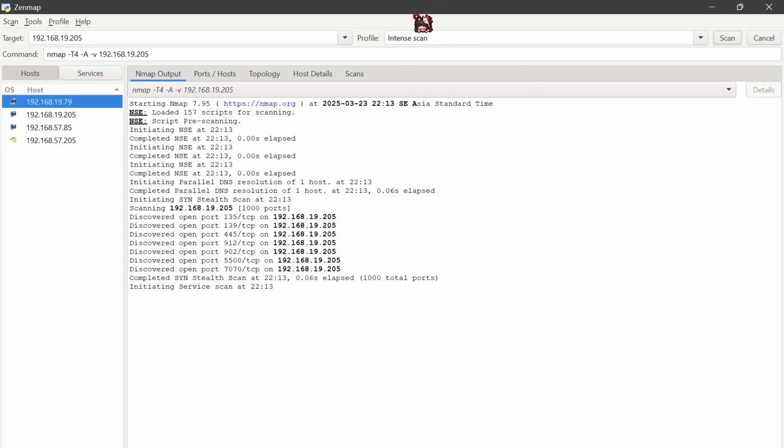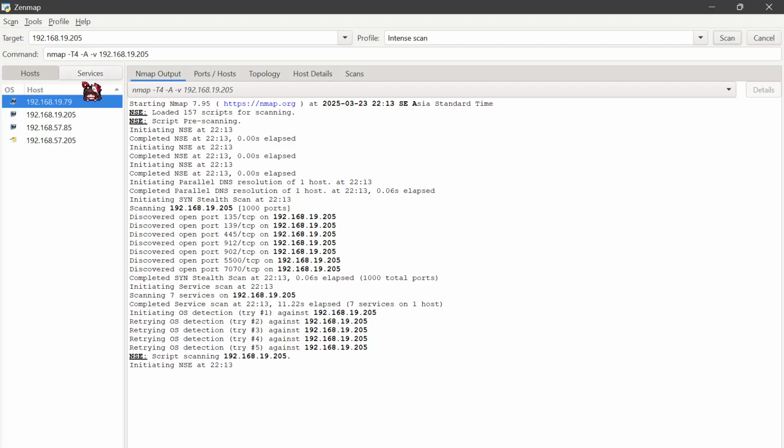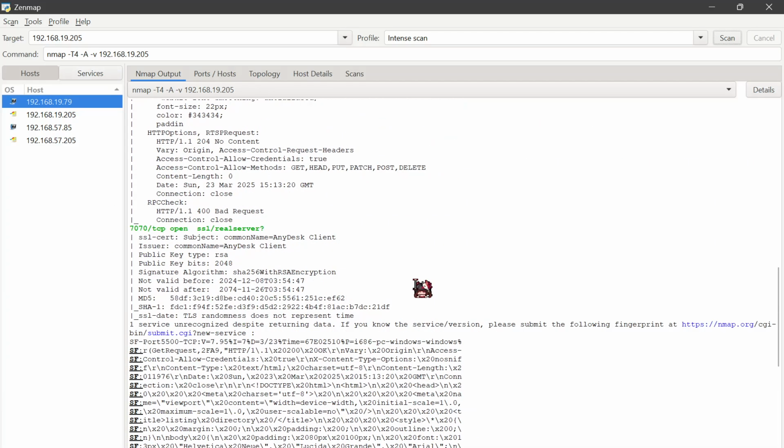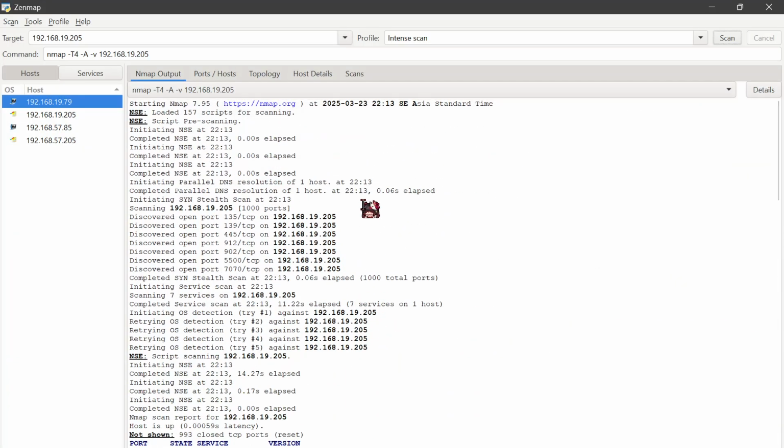The purpose of intense scan is to provide detailed information, including operating system, service versions, and active hosts. In the command, -T4 is aggressive speed scan, -A enables OS and service version detection, and -v is verbose output for more details. Then, as you can see, the Nmap scan is done, and the result is more detailed than the last one.